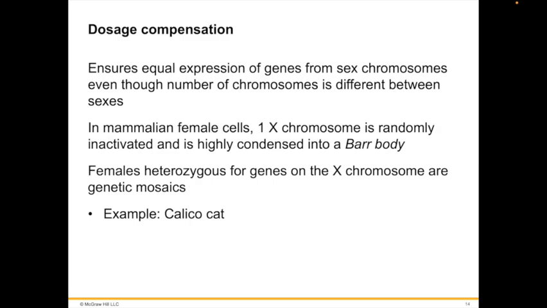The X chromosome inactivation mechanism of dosage compensation is not unique to humans, but is true of all mammals. Females that are heterozygous for X chromosome alleles are genetic mosaics. Their individual cells may express different alleles depending on which chromosome is activated. One example is the calico cat, a female that has a patchy distribution of dark fur, orange fur, and white